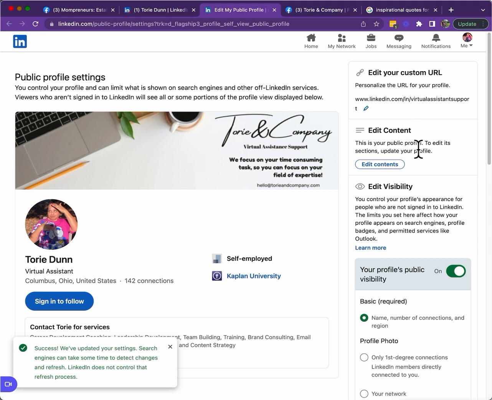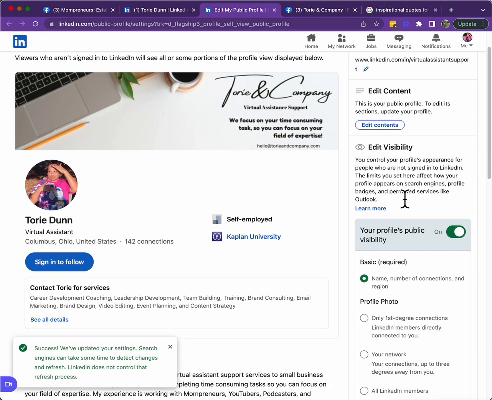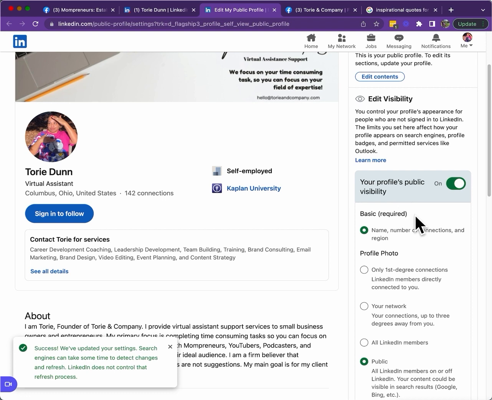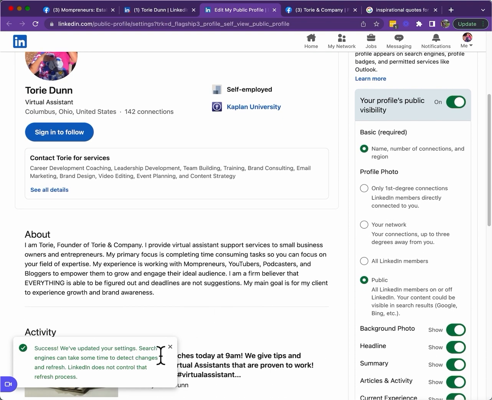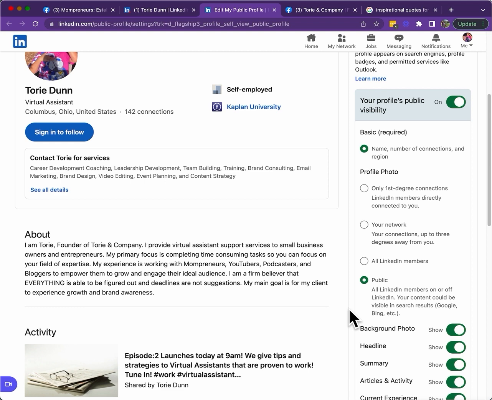Edit content, edit visibility. These are all options that you can make to your preference on how you want your profile to be viewed when people look you up or come to your profile. This is exactly how they see it. I chose to keep it public for everybody.